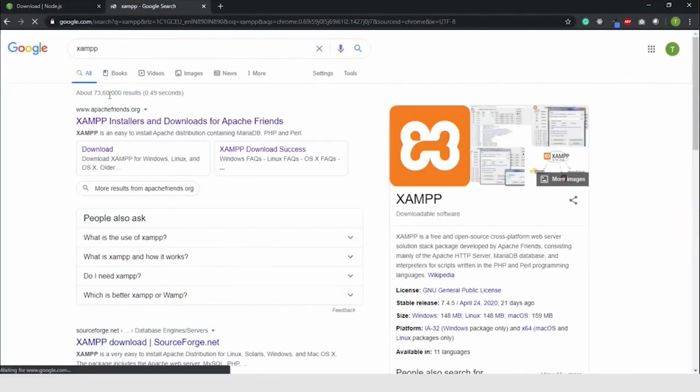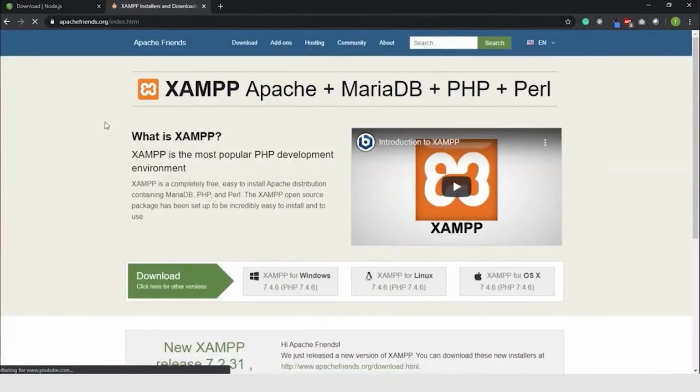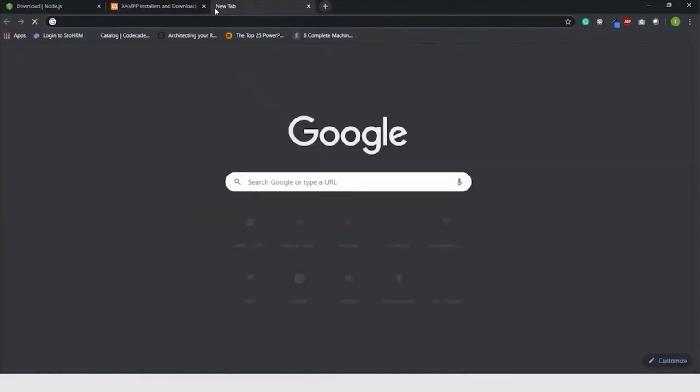The next is to install XAMPP. So we're going to go to XAMPP installers for a quick search, and that's on the ApacheFriends.org site. And here we have XAMPP available for Windows, Linux, and Mac OS X. And then finally, we want to go ahead